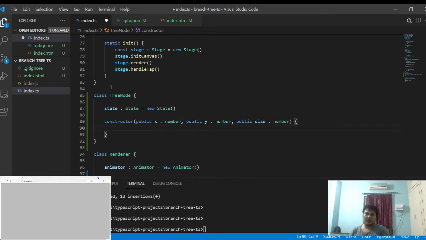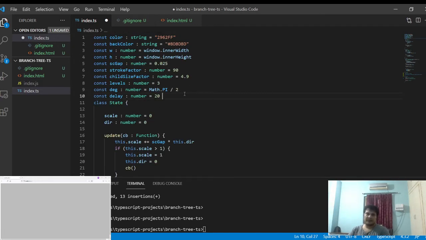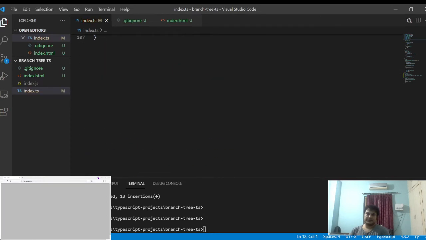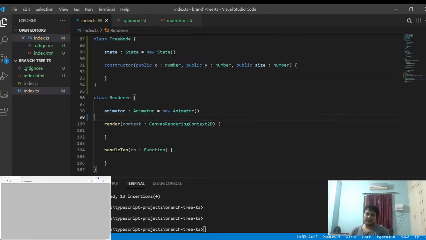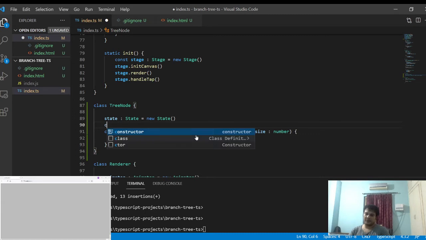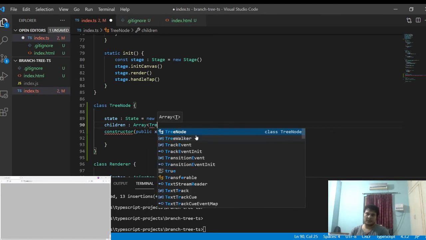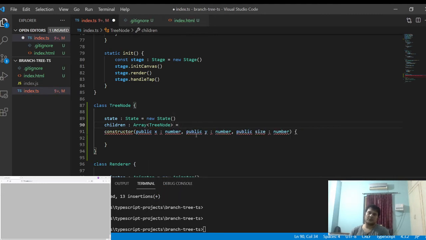Now, what we are going to do is, every parent will have some 10 children. So I'll have for every tree node some children. I'm going to populate this later.